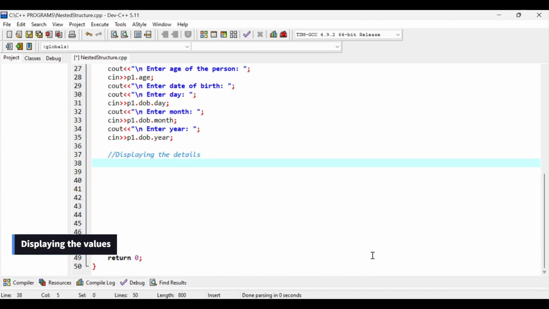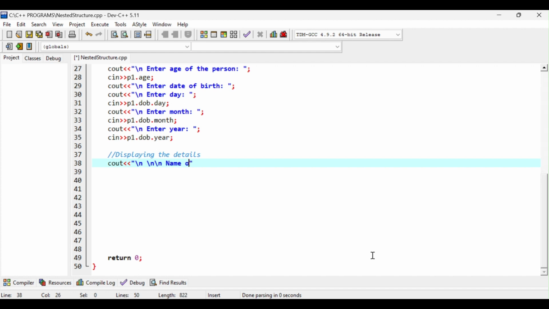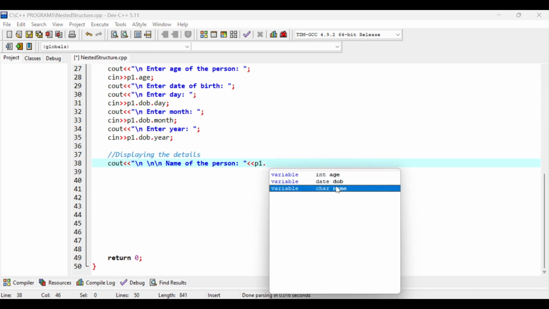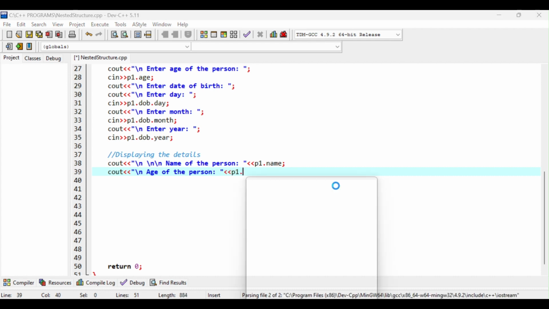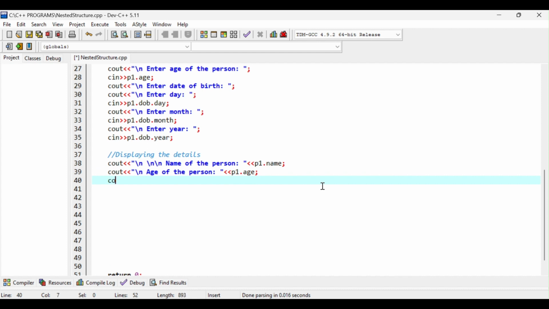We are just left with the last step, which is to display all the details on the screen. So here I will type \n, and let me put a few more \n just to create more space. Okay, now I am going to type name of the person, and here I will display name by typing p1 dot, just choose name, semicolon. In the next step, \n, age of the person, and then we will type p1 dot age, and then we will have